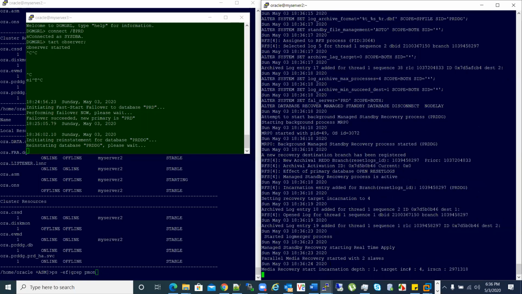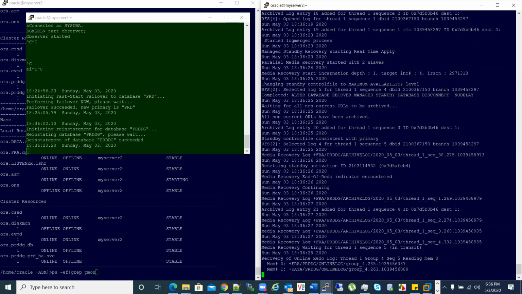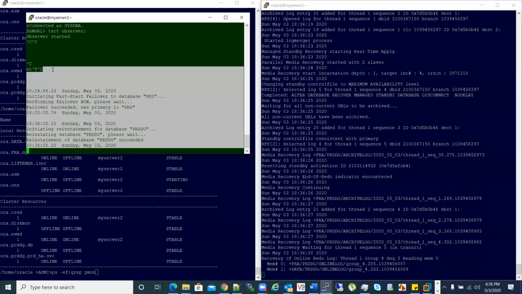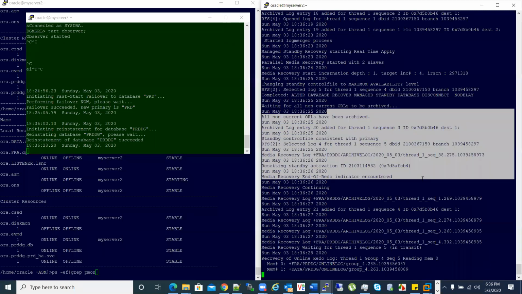Okay Raju, what if that observer server got shut down? Will it come up as standby or primary, if the observer is not there to monitor this? Even if it is not there, the second node will not become primary, because DGMGRL knows that one is already primary. It will not convert it into standby, but it will not let your database come in open mode. It will crash.